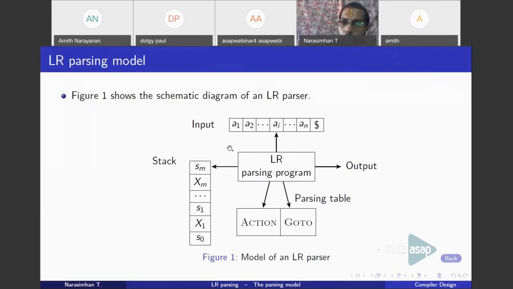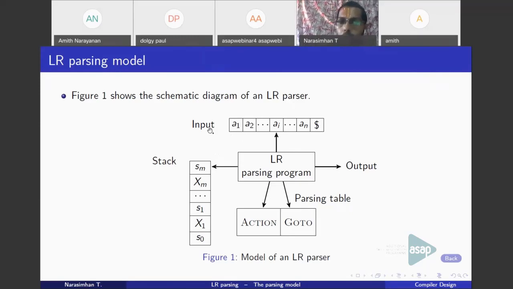You have the input buffer, where you keep the input string. You have the stack, which will contain some strings. We will come to this soon. And you have the LR parser, which is going to take help from a parsing table. The LR parser processes the input and produces some output. So this is the essence of this model. Let us see each of these components in detail now.